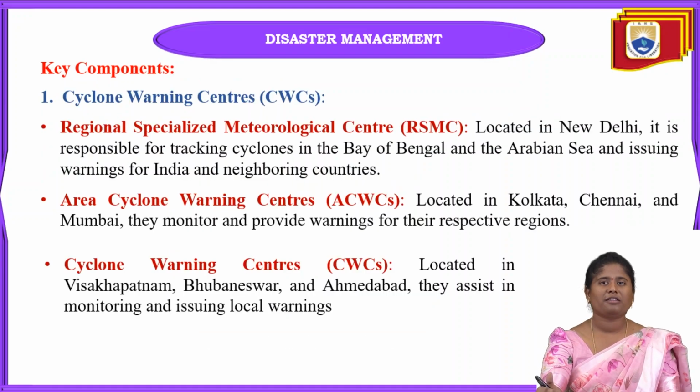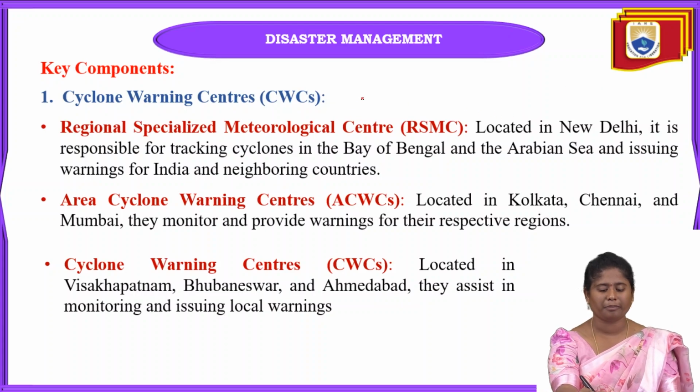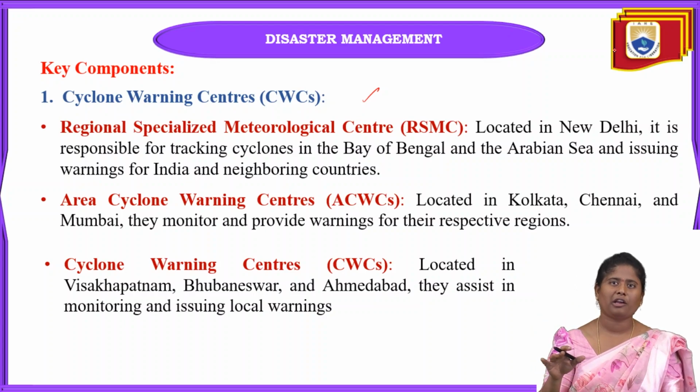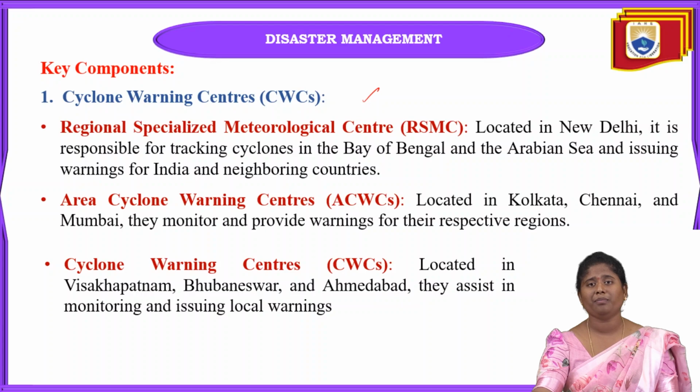Okay, and next are the key points of the warning systems, means what warning systems we are going to use in our IMD department. First one is cyclone warning centers. In some of the areas we have cyclone warning centers. One will be in New Delhi. This one is called the Regional Specialized Meteorological Center, and it is located in New Delhi, and it is responsible for the overall tracking of cyclones in the Bay of Bengal, and also for the